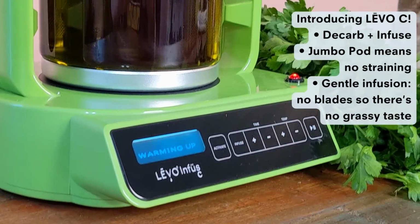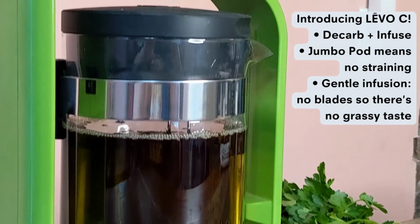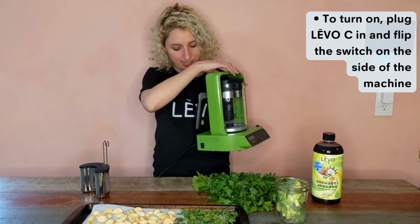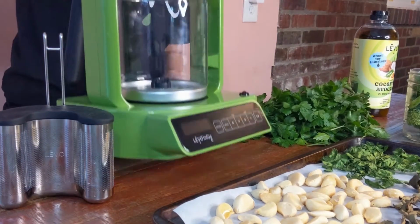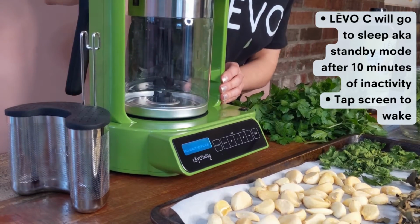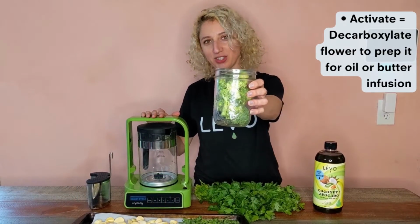is an all-in-one decarb/activating and infusion machine. To turn it on, you're going to want to plug it in, and the on switch is on the side. Here we go. On. You'll see the screen light up, and from here you can select activate, which is for special herbs,